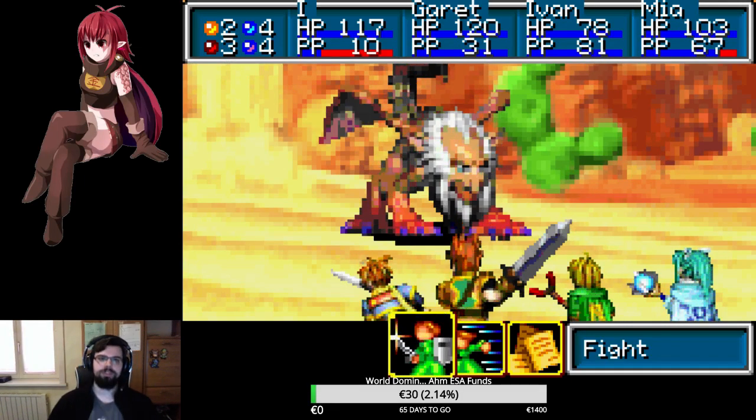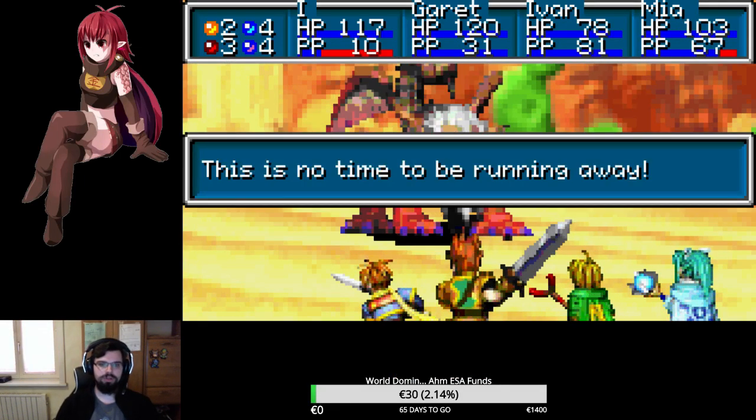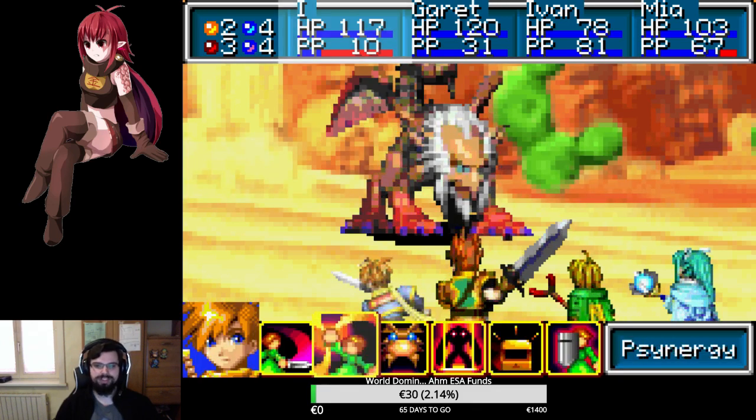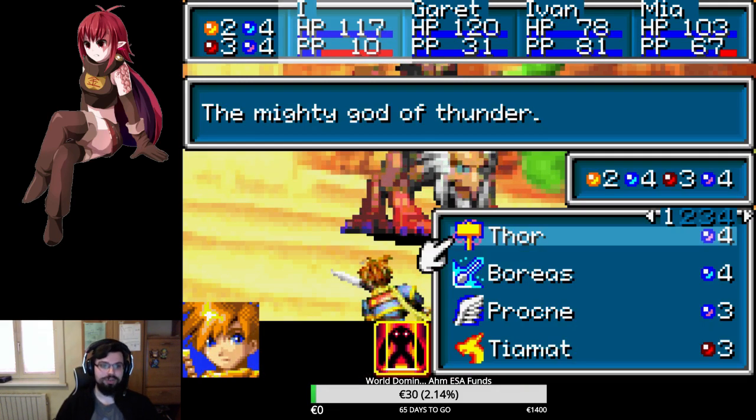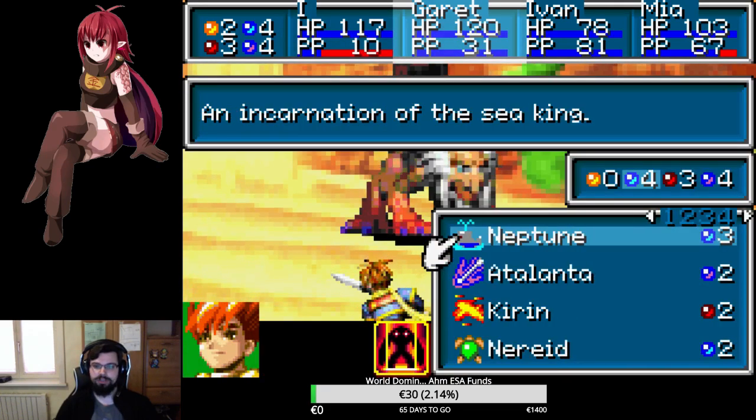So, for like half a second. Yeah, for like half a second. So, oh god, not run away. Oh, yeah, so we're screen glitching as well. So, first turn is summon Ramses, summon Kirin,